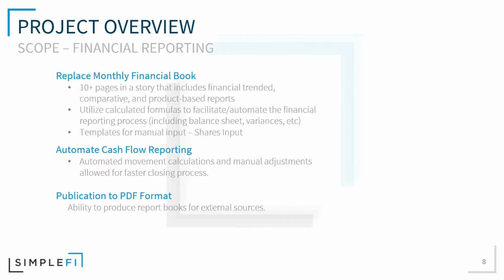We had probably 10 to 15, so for those of you familiar with Analytics Cloud and using it today, we built one story with about 10 to 15 tabs within it. Those tabs included comparatives, right? We're comparing actual, budget, and prior year. We're looking at cycles, or what McNess calls their cycles, which would be months or periods to other companies. So more in a trended report fashion, we had trended reports, we had comparisons, and reporting that was focused on